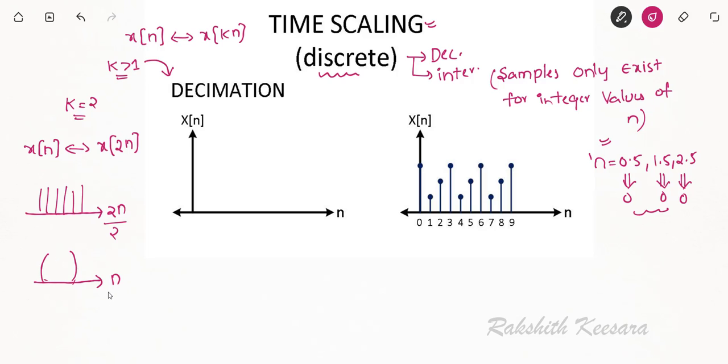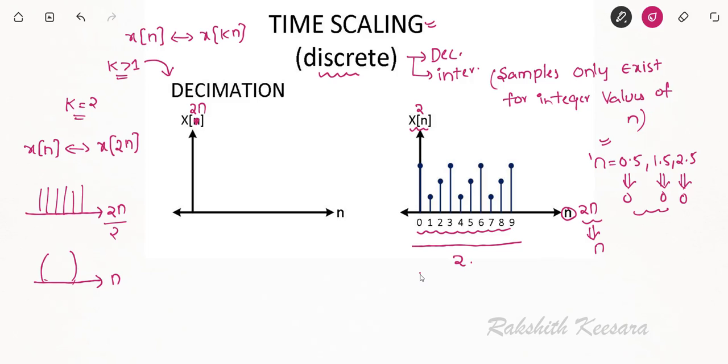Let us understand the same thing here. This is a signal x of n. I need to plot x of 2n. With my signal unaltered, this will be changed to 2n and the time will also be changed to 2n. But we should bring this back to n. So I should divide the axis values by 2. Is this okay? So what will happen?